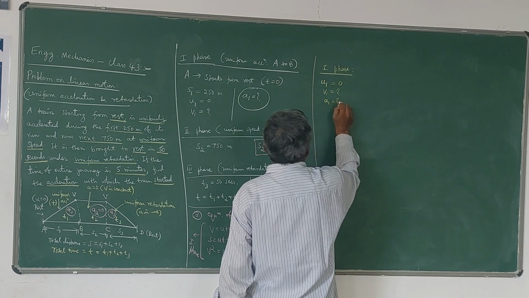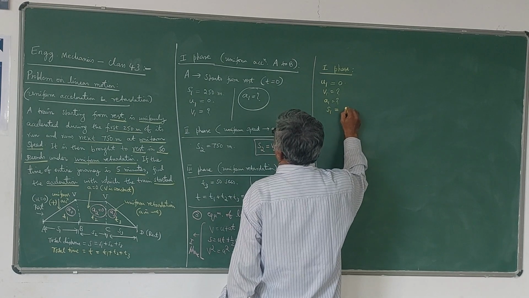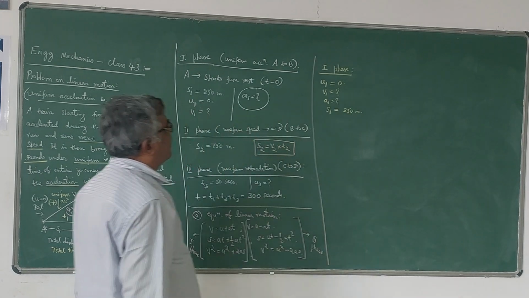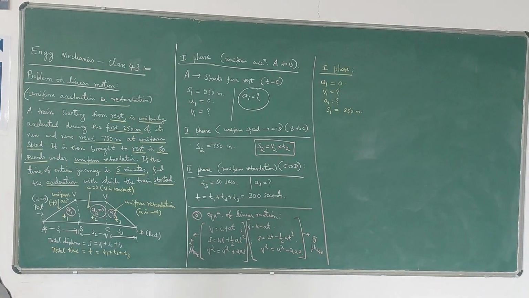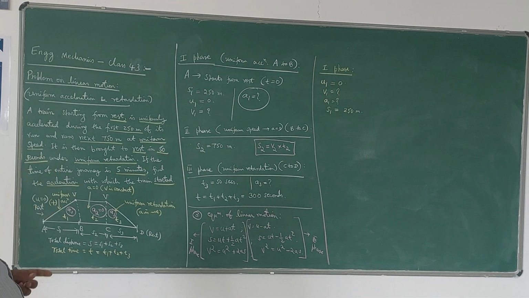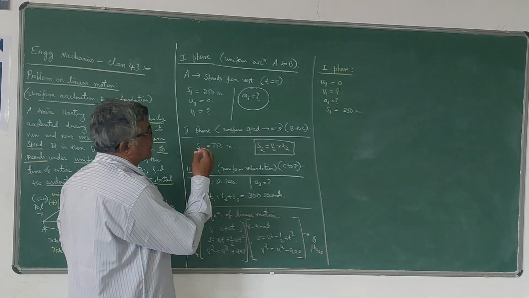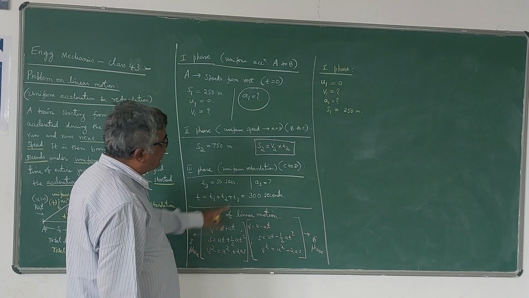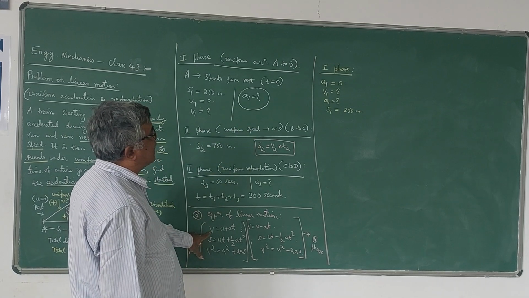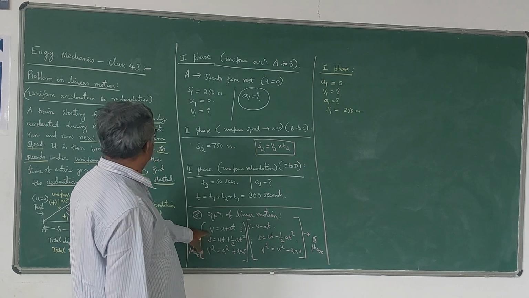Acceleration you don't know. But distance you know. S1 is equal to 250 meters. Now we have to think which equation we have to use. So here two unknowns are there and two known things are there. So we have to use the equation such a way that among these three we have to use any two equations. For example, if I use v is equal to u plus at,